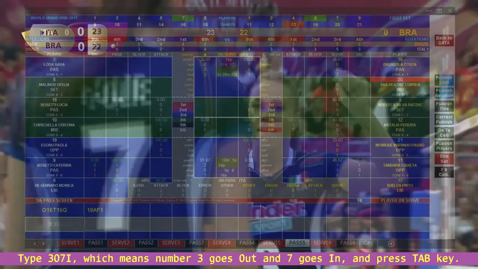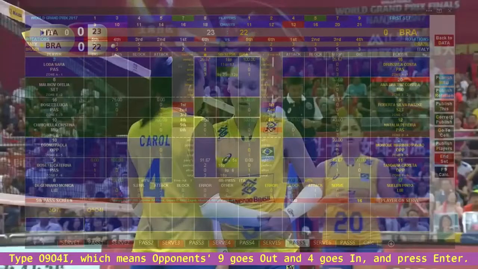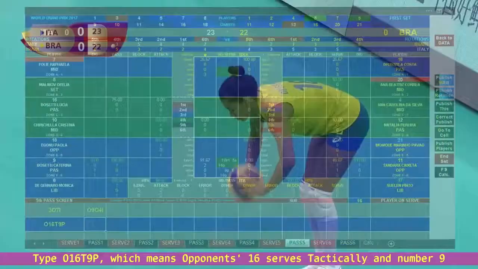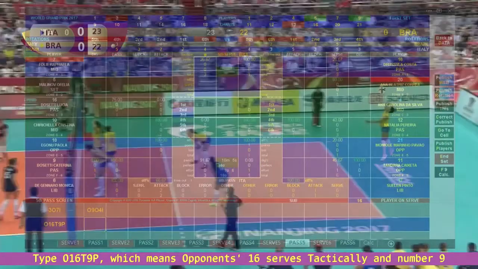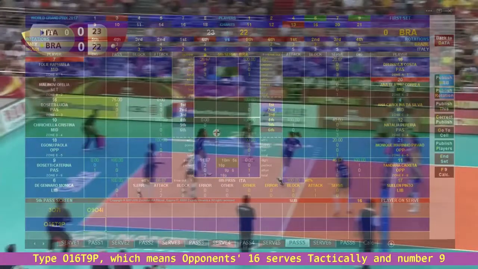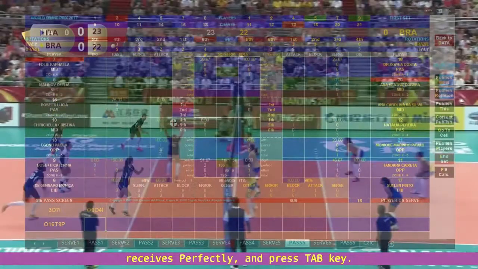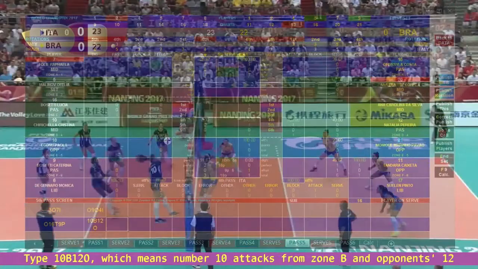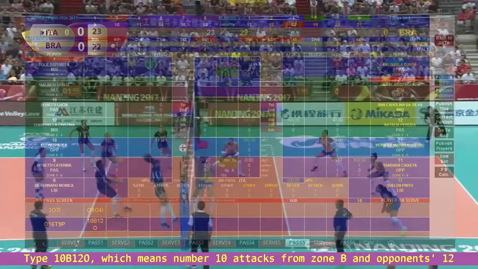Type 307I, which means number 3 goes out and 7 goes in, and press tab key. Type 0904I, which means opponent's 9 goes out and 4 goes in, and press enter. Type O16T9P, which means opponent's 16 serves tactically and number 9 receives perfectly, and press tab key. Type 10B12O, which means number 10 attacks from zone B and opponent's 12 makes block